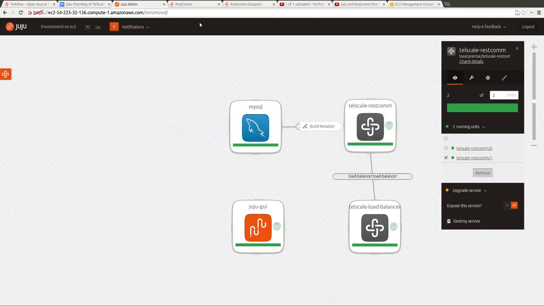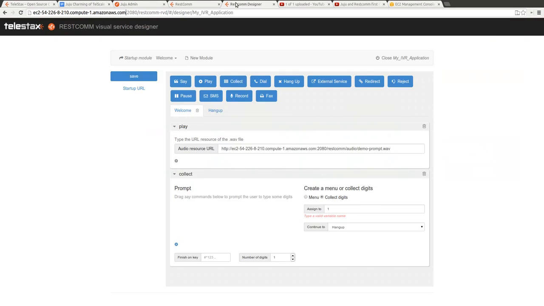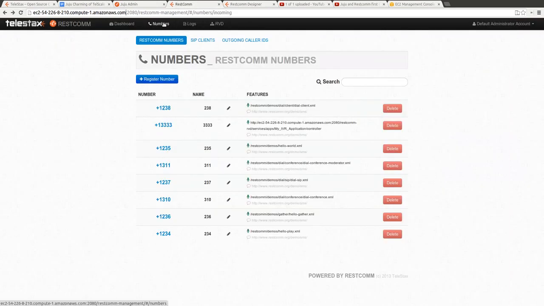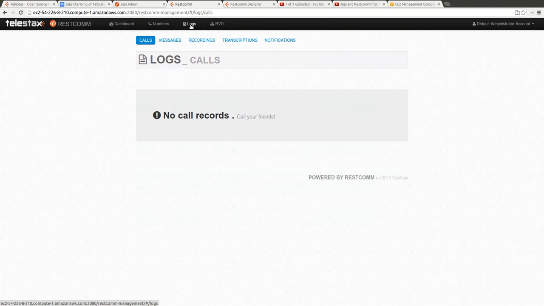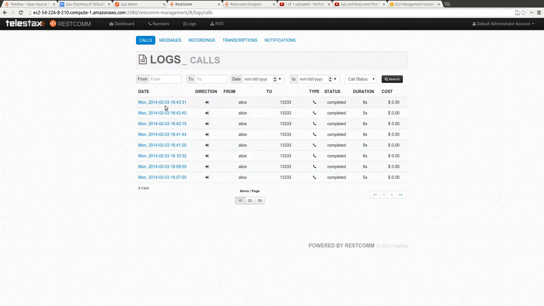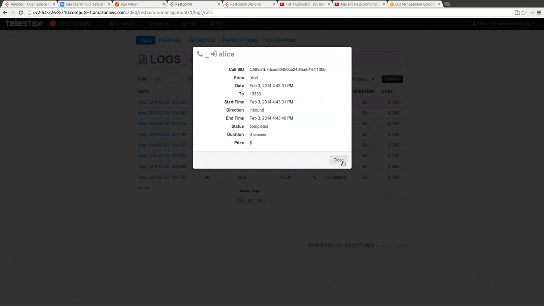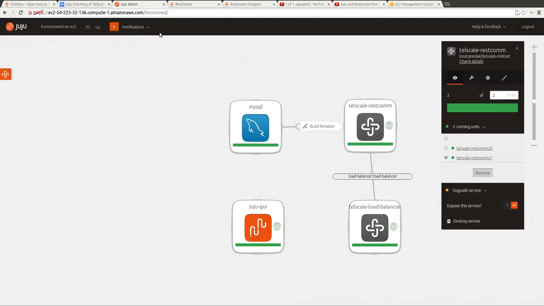So now we can check also in the Restcomm interface, the logs, so you can see all the calls that have been made here. It doesn't display which instance was used to actually handle the call, but you could see by the logs that we're able to successfully load balance a call between one instance and the other. So this demonstrates that you can actually build an IVR application very easily in a matter of minutes